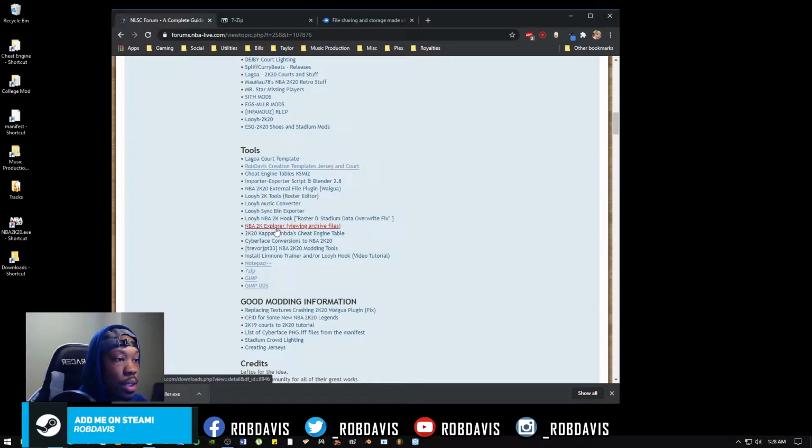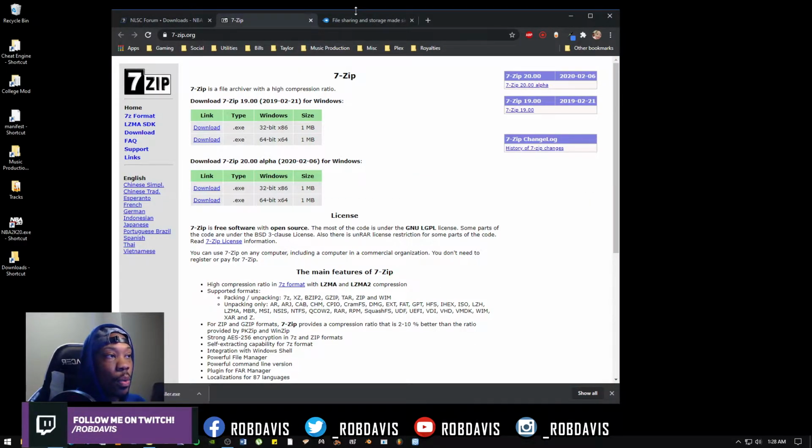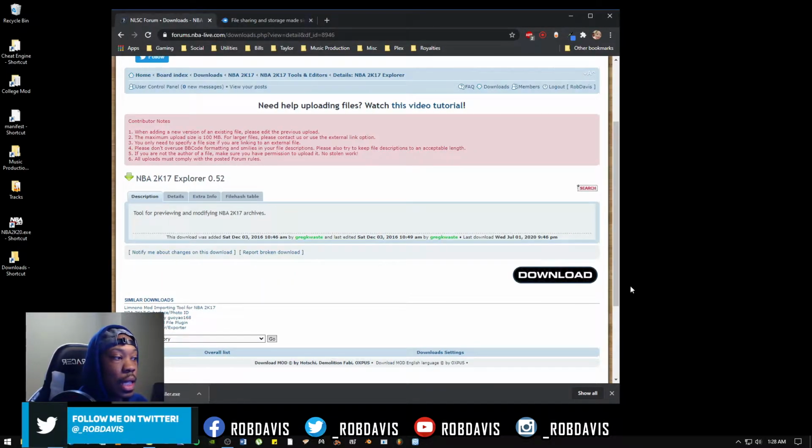So if you click this link that says NBA 2K Explorer, that's going to take you to the download page for that. All right, so installing 7-zip and Notepad++ is fairly simple. You don't have to do anything with those. Now when you go ahead and download the 2K File Explorer for 2K20, what you're going to want to do